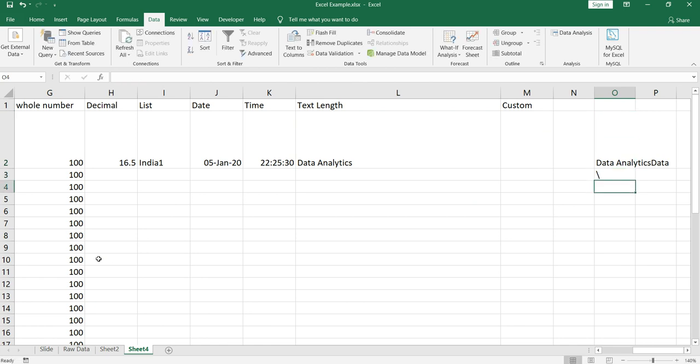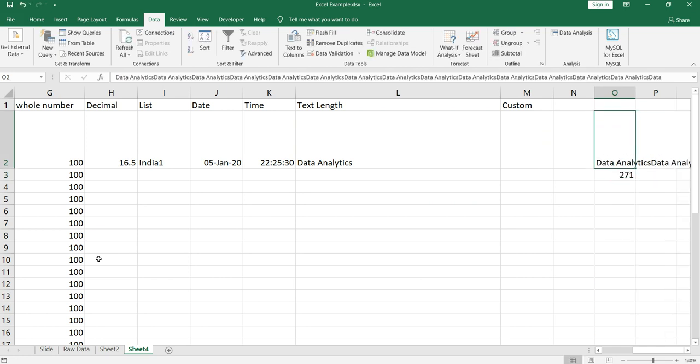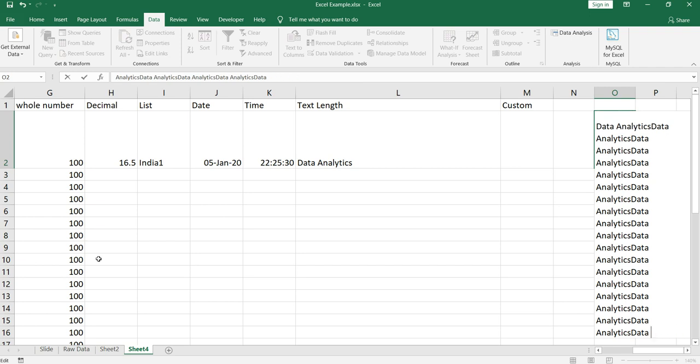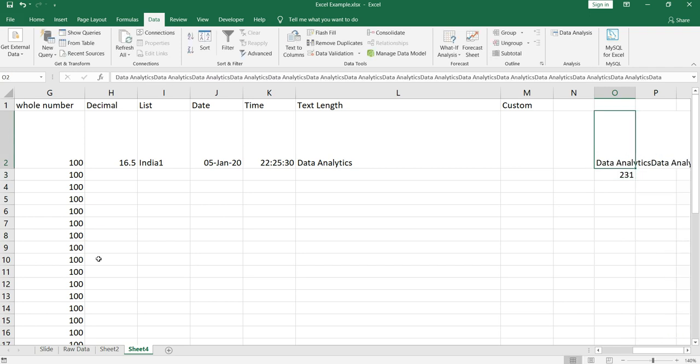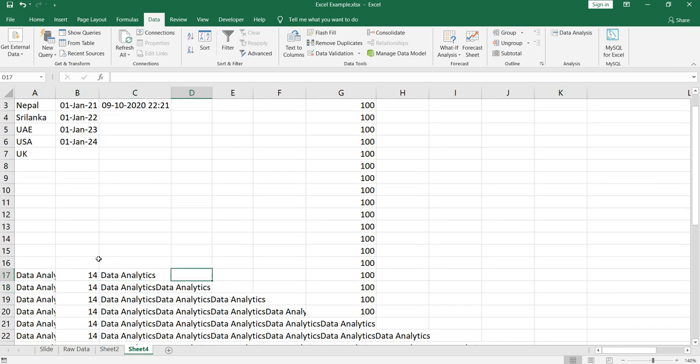So I'll remove some of the data analytics. Now my length is reduced to 19. Let's remove a few more and see, it's 271. Why I'm doing this, let's go and take from this one.